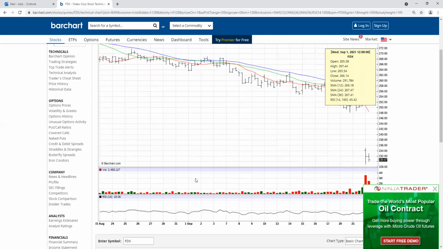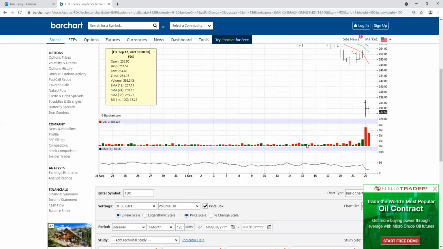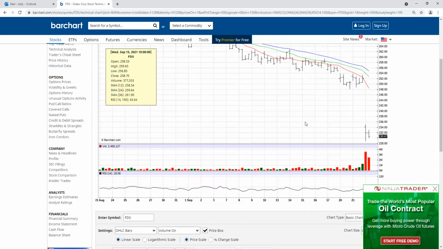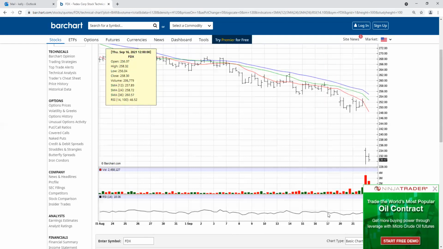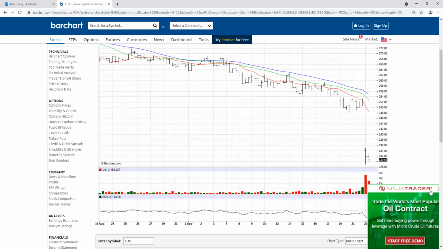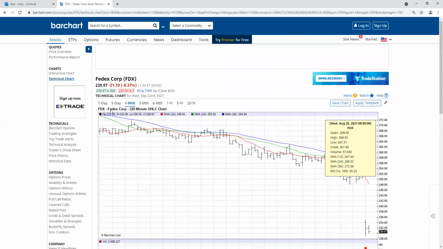So what you do is you find out when the earnings are coming up, and then you look at some of your charts and see if there's any deterioration. Again, look at the RSI. RSI is under 50 the whole time. When you're under 50 on the RSI, you're in negative territory. And of course, now it's way under 50. In fact, now it's very oversold. You're at 18, and that's a very big gap. So let's just look at the 1-day chart and see if it looks like there could be a turn going on.